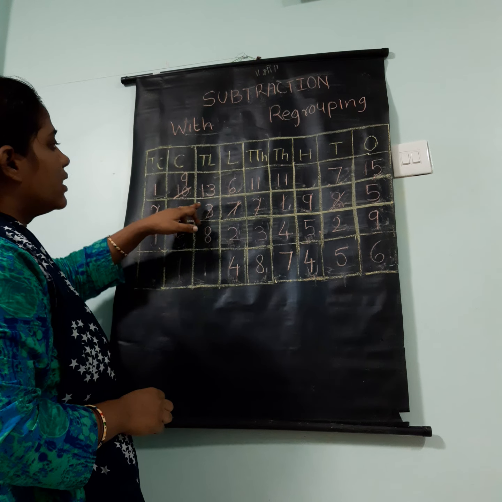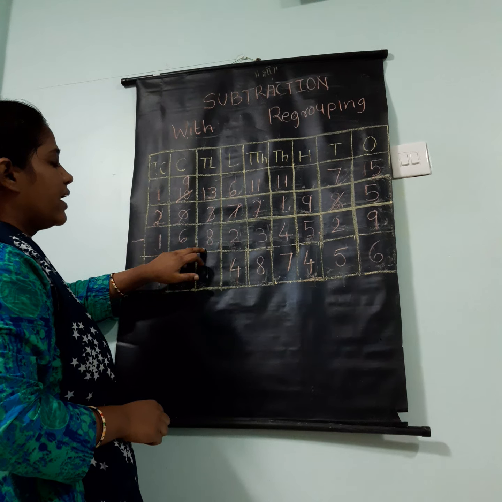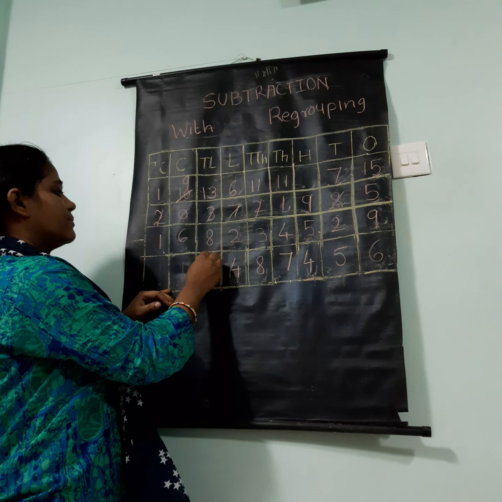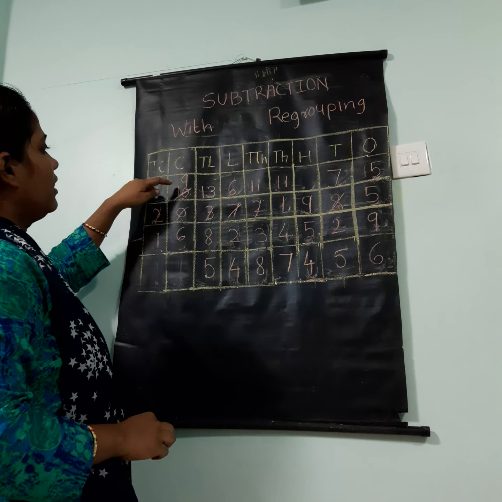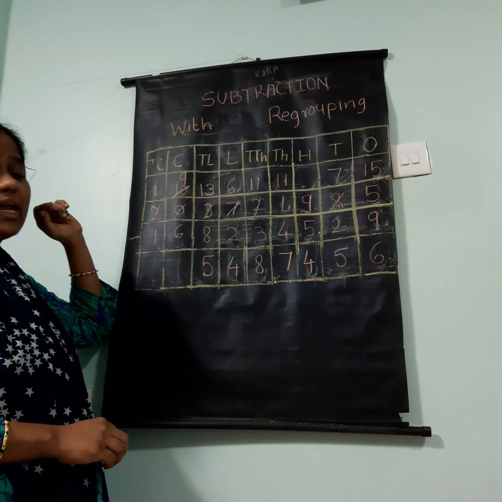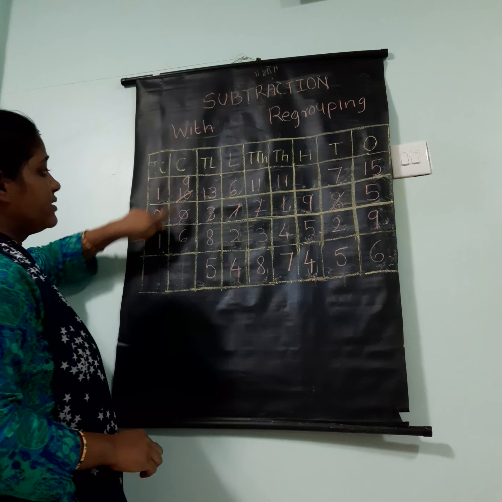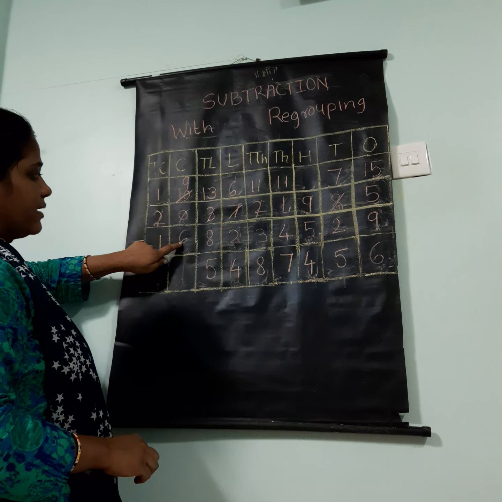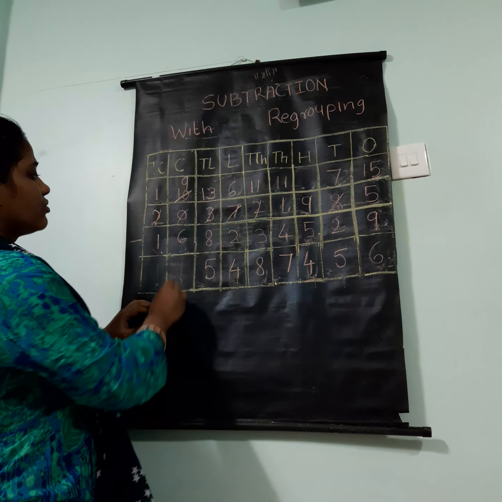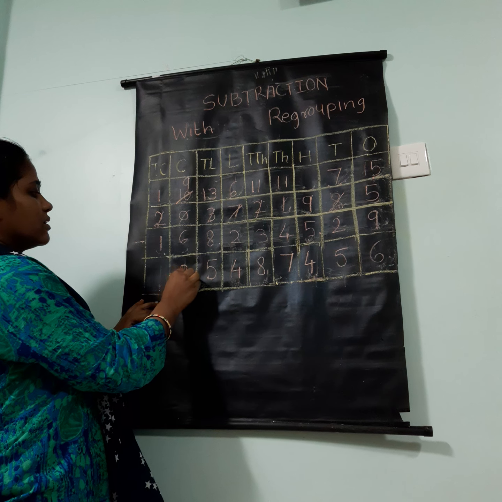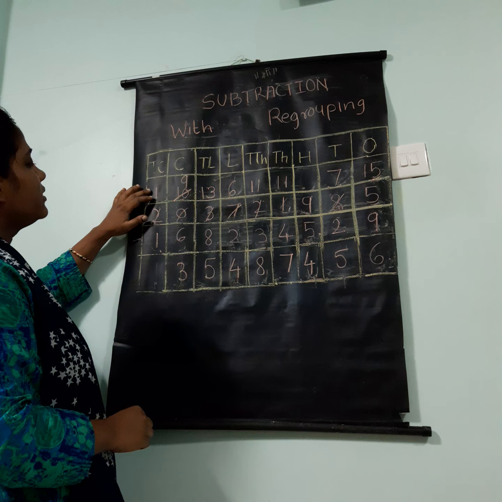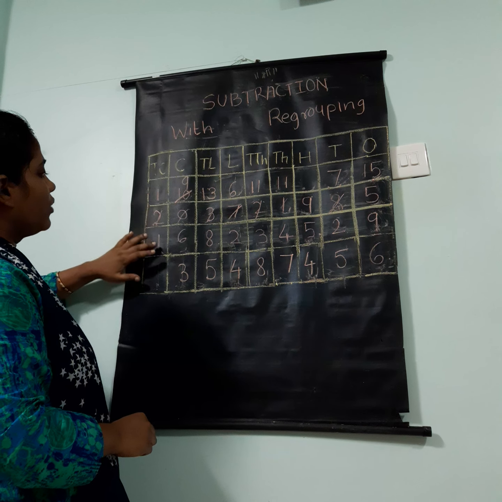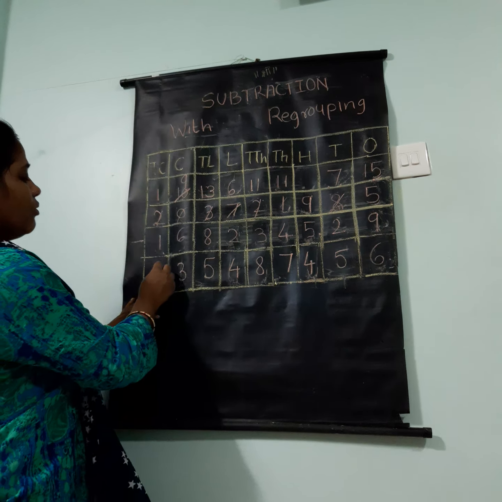So now 13 lakhs minus 8 lakhs, what is the answer? 5 lakhs. Now 9 crores you have and 6 crores. So after subtracting 6 crores from 9 crores, what will you get? 3 crores. Okay. And now here in this 10 crore column you have 1 and 1. So 1 minus 1, what is the answer?